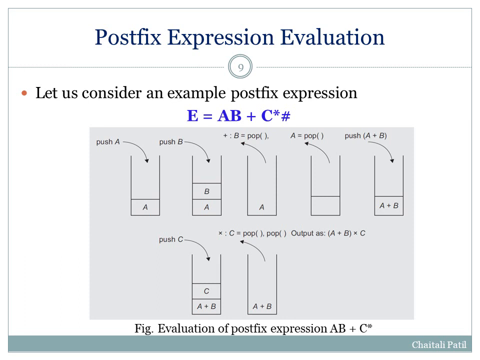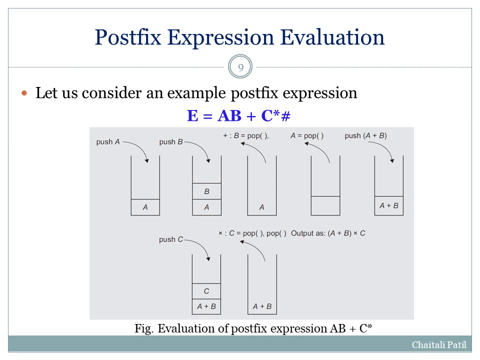Now, read a token one by one from left to the end of the expression. If a token is an operand, then perform the push operation. If the token is an operator, then perform the pop operation. Here this plus and asterisk both are binary operators, which means twice we have to perform the pop operation.